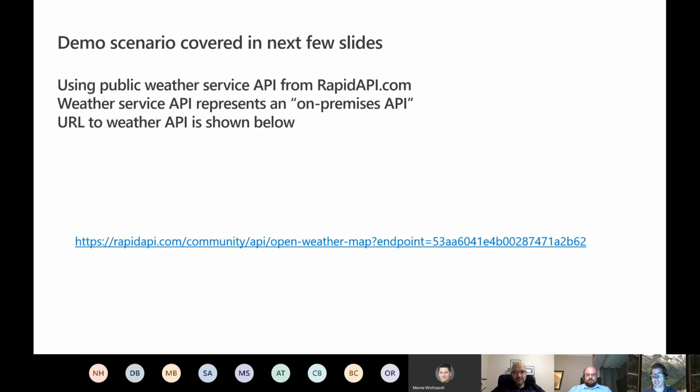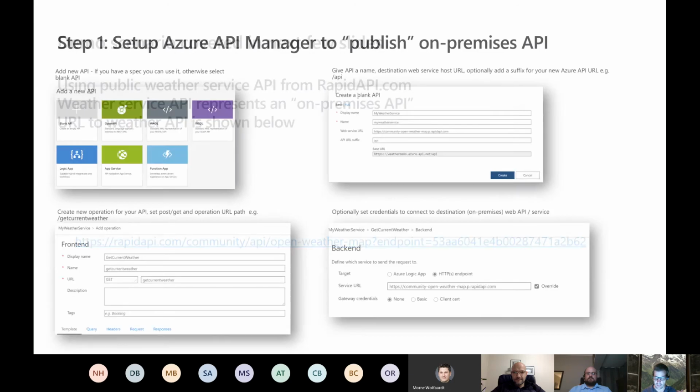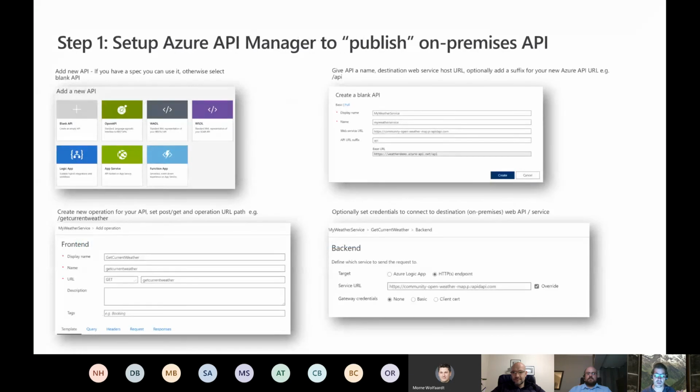The example that I share here is actually not on premises, because I couldn't give you the real stuff that I did, but I just said, hey, what happens if this public weather API, so this is public weather API, if that was considered on premises, how would I connect to it? So that's the demo that I go through in connecting to that API.